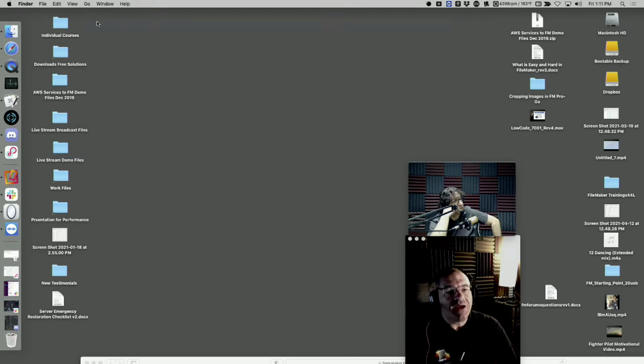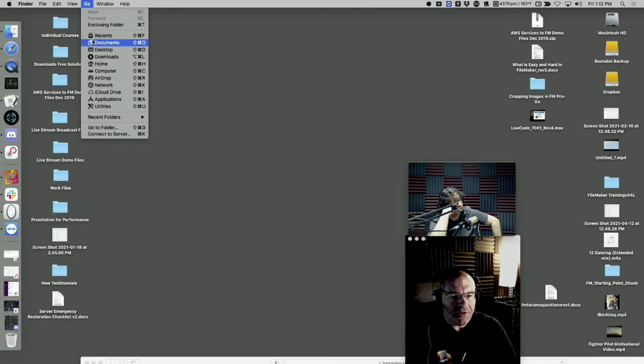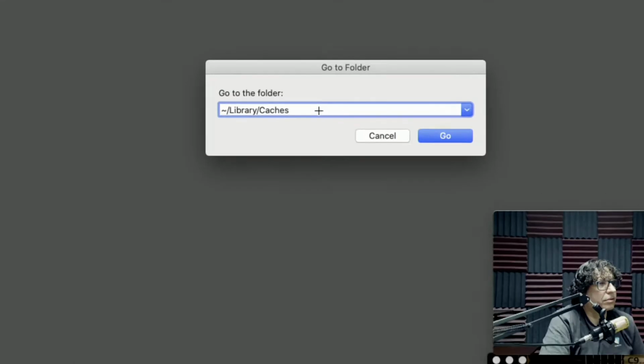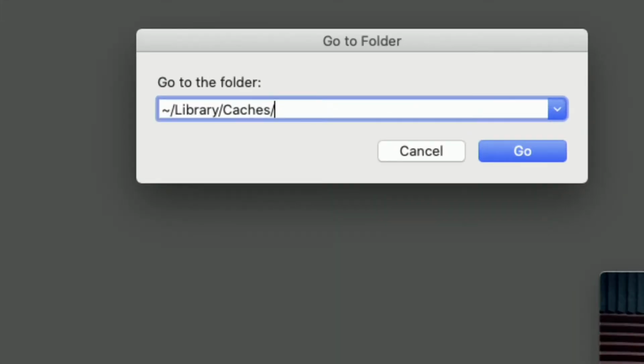You're going to, on your Macintosh, at the Finder level, say go, and then you're going to select go to folder, and you're going to type in what you see right here. This is very specific. I'm going to go ahead and zoom in on this so all of you can see this. There's an equivalent similar process on Windows. You get to it slightly differently, but there is a caches directory, and the goal is to find this folder. So it's the little tilde, I guess is that a tilde, Nick? Is that what that is? Yes, little tilde thing, and then /Library/Caches.